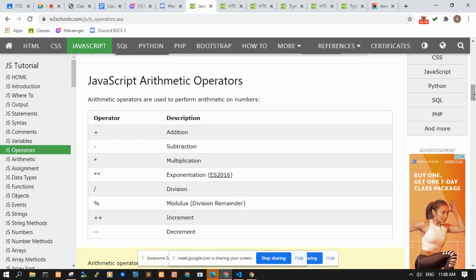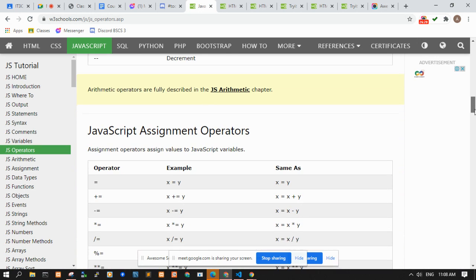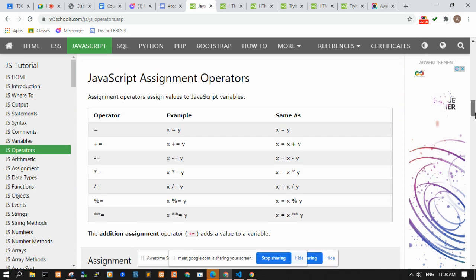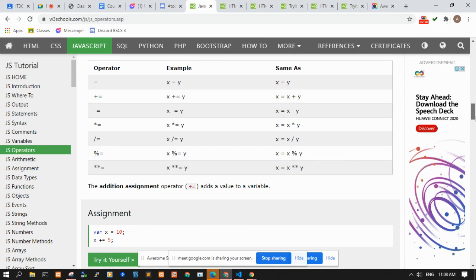So these are the arithmetic operators, having exponentiation, or exponent, introduced in ES2016, division, modulus, increment, decrement. Then the assignment operator, which you may all be familiar with.